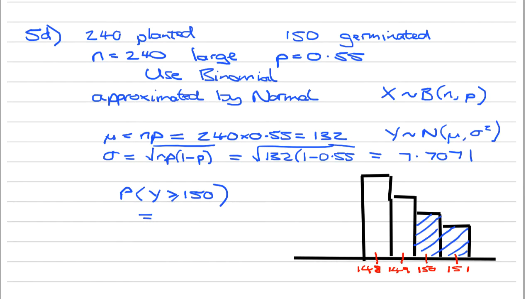Now to help us, I've just drawn some bars for a normal distribution here. Now if you look at it, we've got continuous data. So we want the values of y which are greater than or equal to 150, but can you see 150 is in the middle of its category there? So its lower bound is 149.5 and its upper bound is 150.5. So we want everything to the right of that there. So we want 1 minus the probability that x is less than or equal to